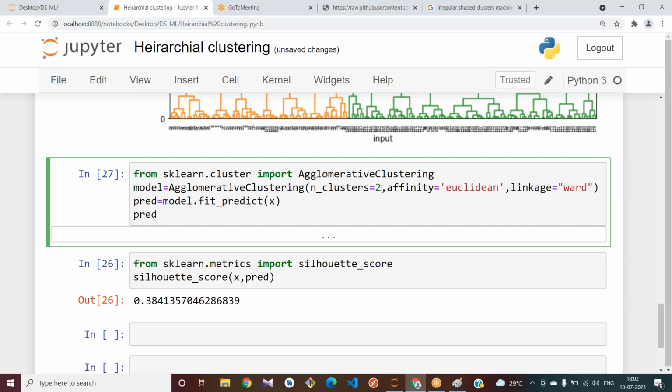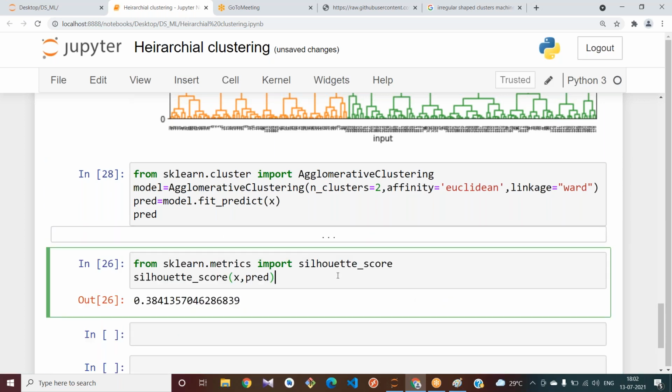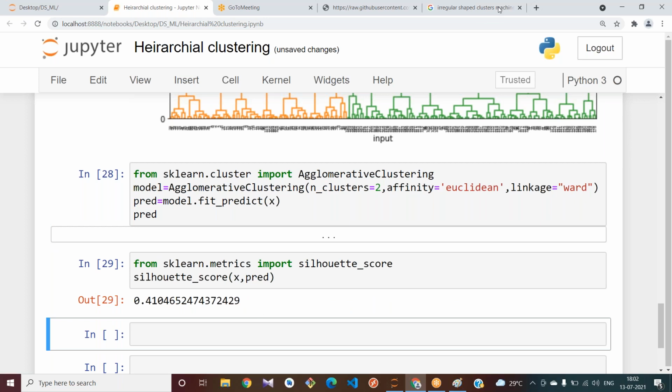You have chosen k equal to 6. Okay. See, even for k-means our score is not increasing.